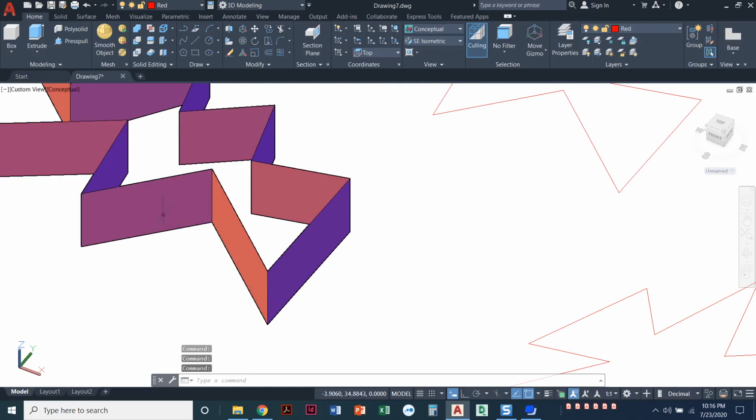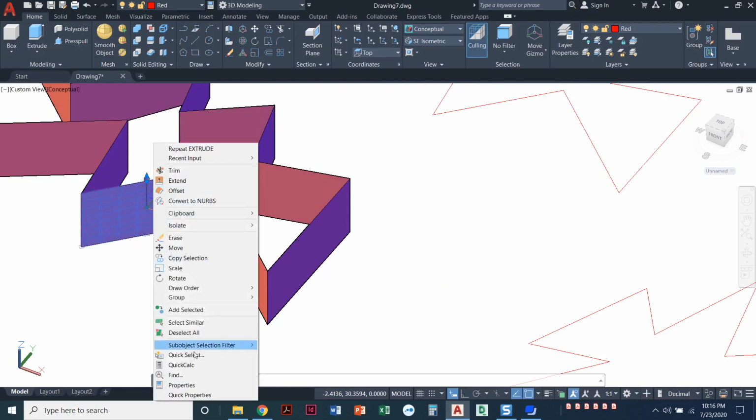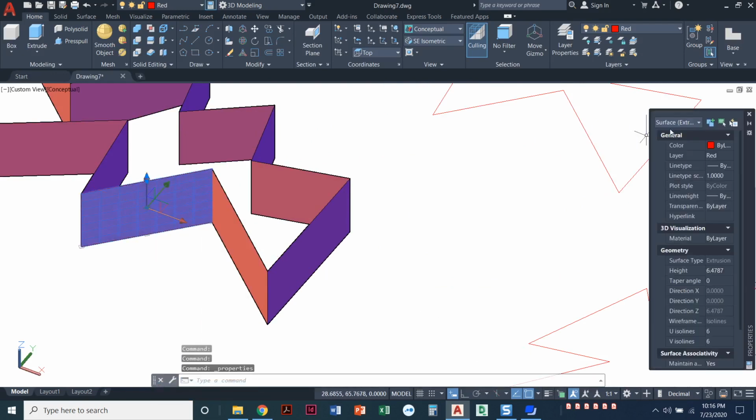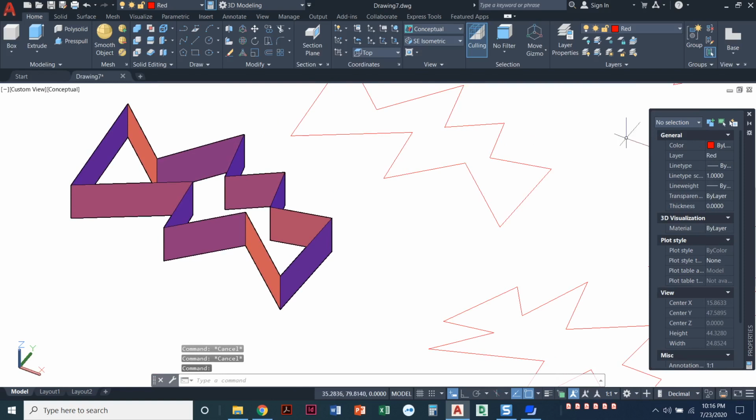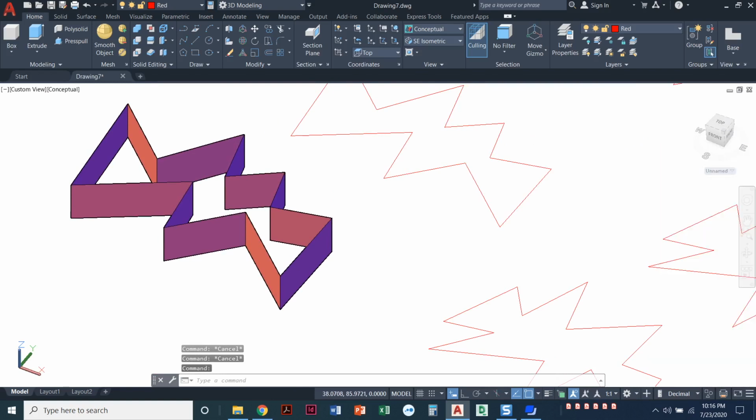And so if I were to click this and right click, let's go to properties and look what it's telling me. I can look in here and I can see that that right there is a surface. That is technically one way that you can do 3D. This is still considered three-dimensional objects. It's just not a 3D solid. It's just like having empty shells of walls with a hollow object on the inside.